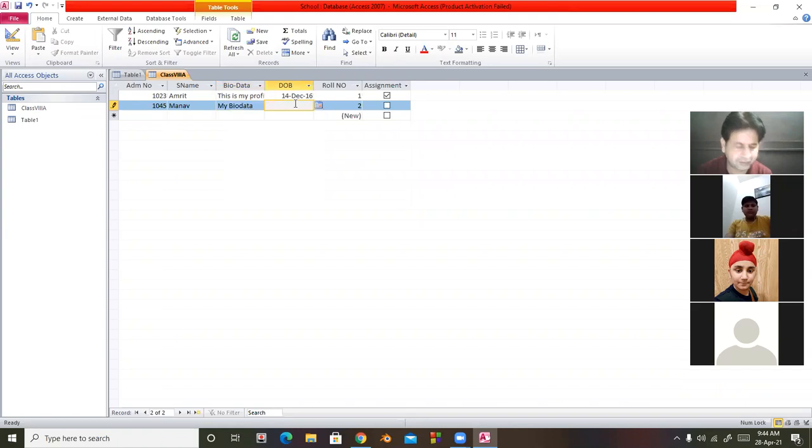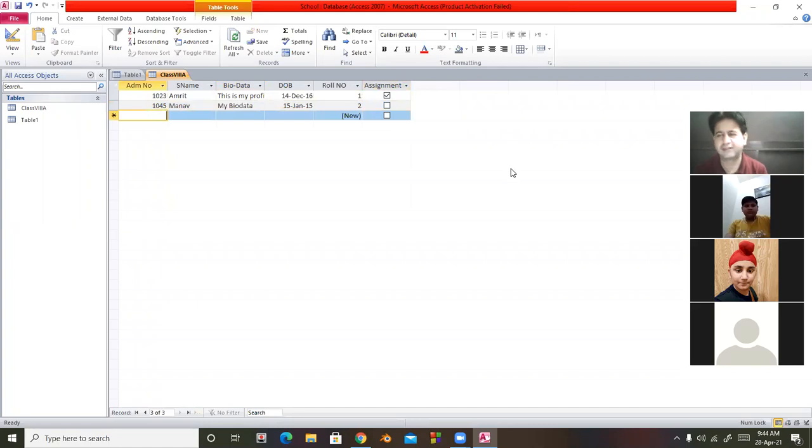You can also type the date of birth in the format: first the day in numeric, then the month in 3 characters of text, then the year. In assignment, it is unticked, and unticked means no. So this is the way of creating the table in design view and after that entering the data in datasheet view.